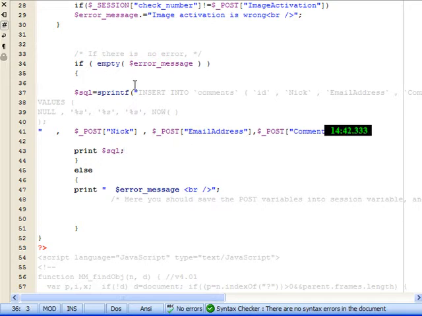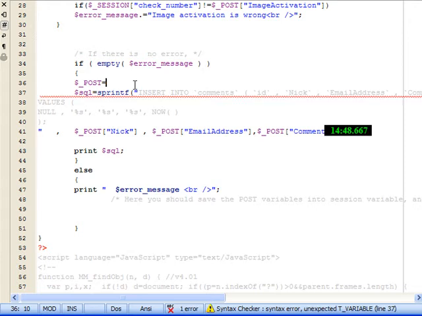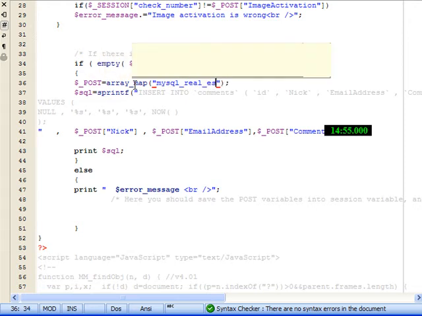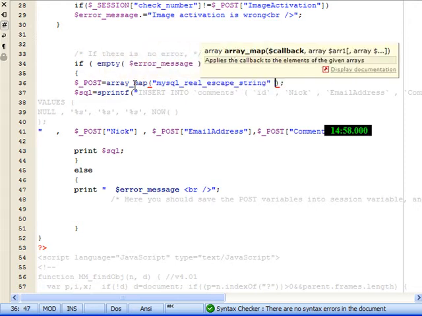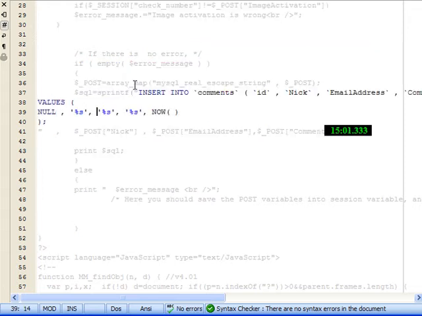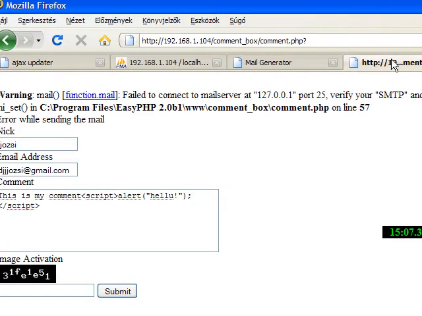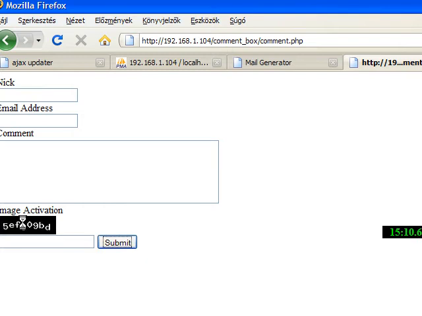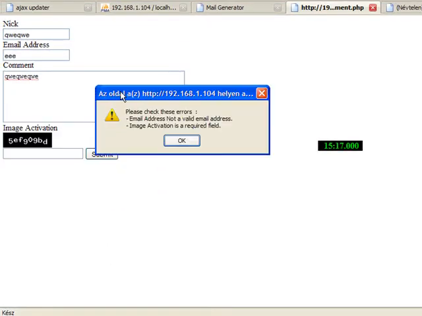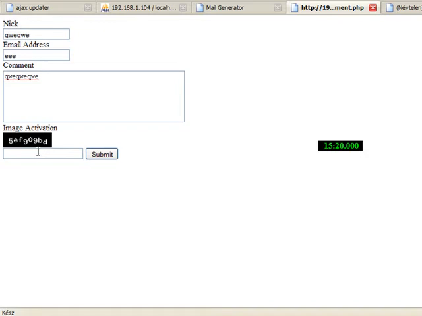If you send the form and there is no error with the fields, I use a function mysql_real_escape_string to protect your database from harmful injections, MySQL injections, and I use the array_map to run a function on the whole indexes of the posted variables on arrays. It's useful. Now I fill the form,